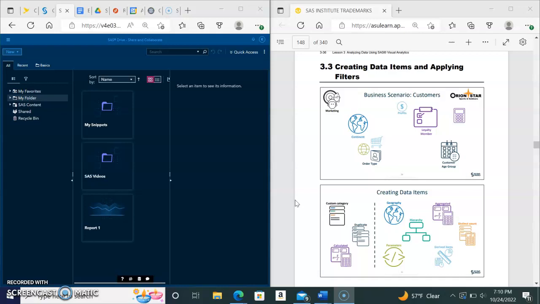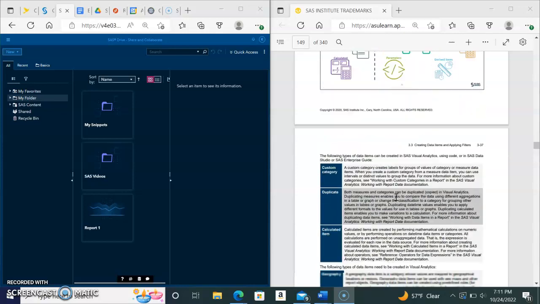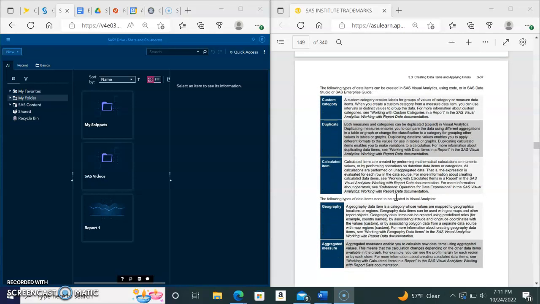The instructions start on 336 and go to 394, and so we can go and begin here with creating data items and applying filters. And so you can see the business scenario presentation, or the diagram, and the creating data items. And then there are some